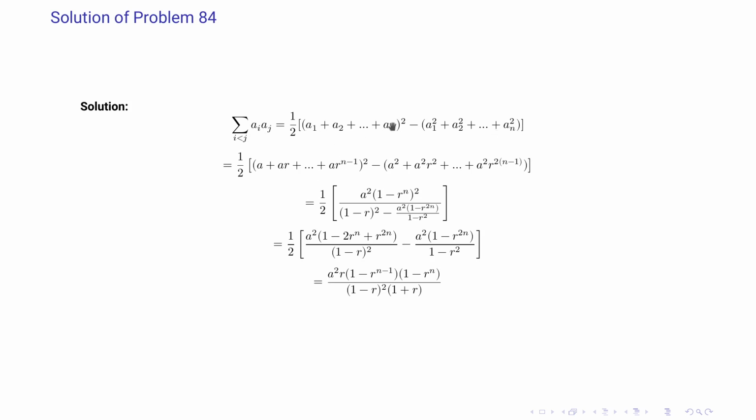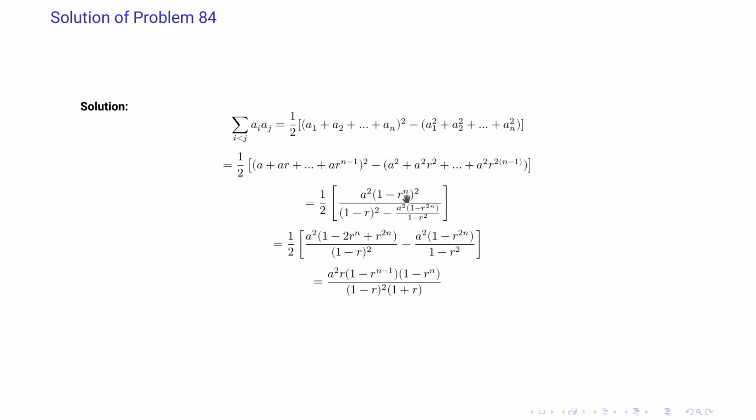So the first part becomes a plus ar plus up to ar to the power n minus 1 whole square, and this becomes a square plus a square r square plus up to a square r to the power 2n minus 1. So if you evaluate this, this becomes 1 by 2 into a square 1 minus r to the power